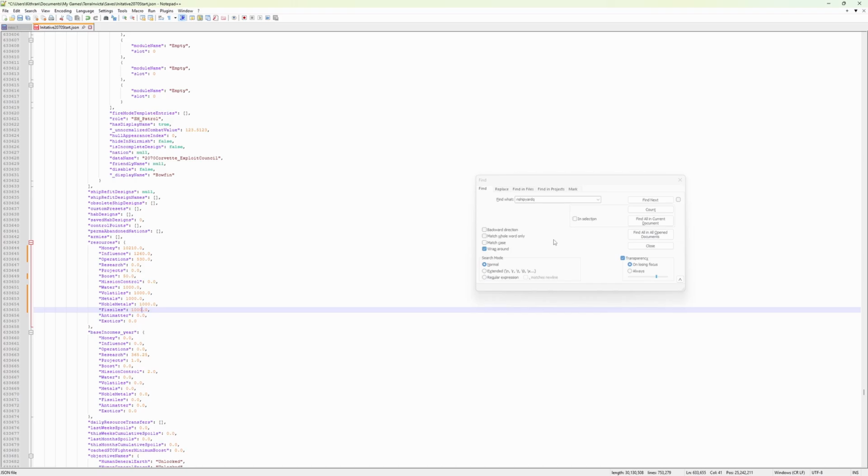There we go. Giving ourselves now a bunch of resources to start with, and we've edited the councillors. So if we now save this,